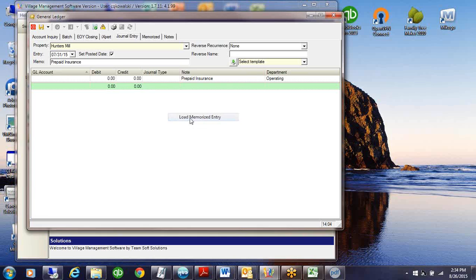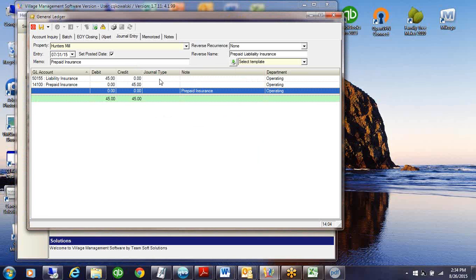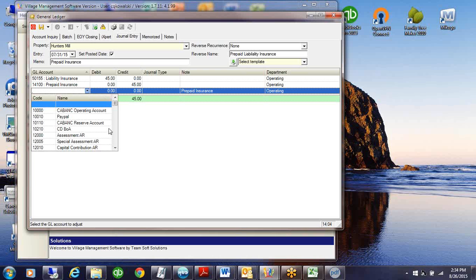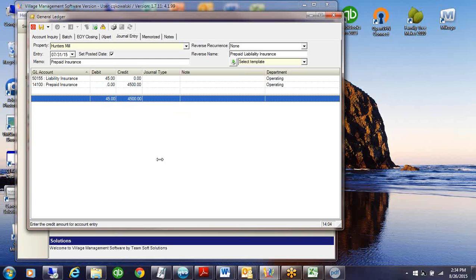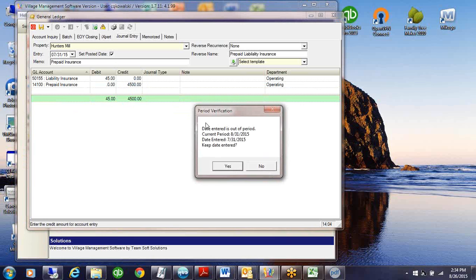Now, if I have a journal entry here and I made a mistake, you can't get off of here. Or if you found out, oh no, I need to add the GL account number, which happens when you first start setting up new properties all the time. So this is what I would do. If it was a huge long entry, because it's not going to let me, I'm going to make one out of balance here. So 45,000 here. Okay. So if I try to say, okay, I'm going to get out, I'm going to go add that account,